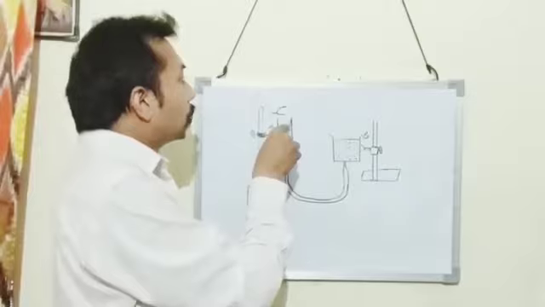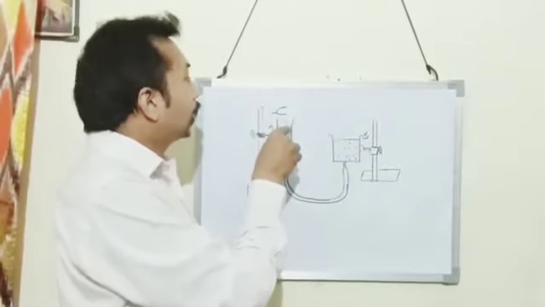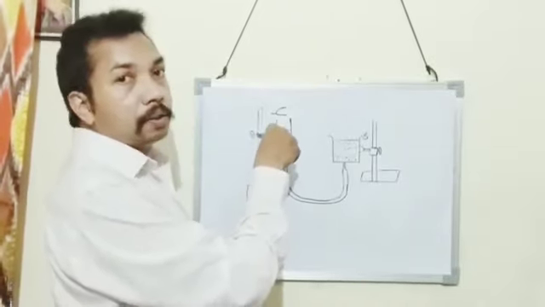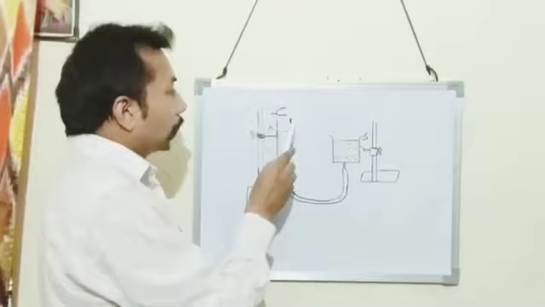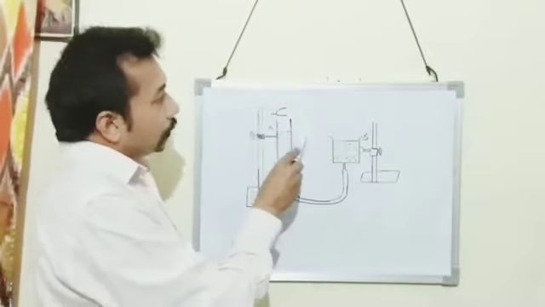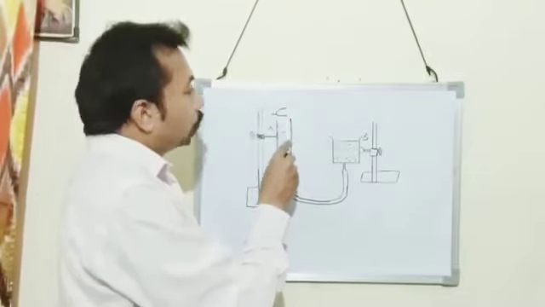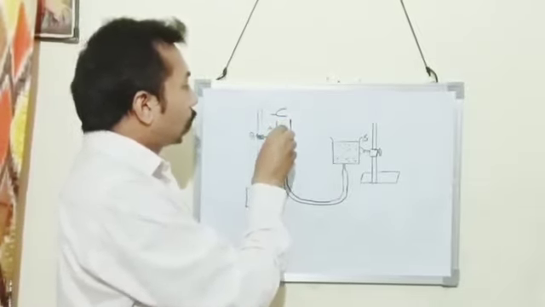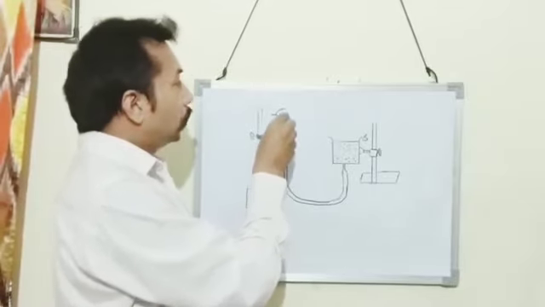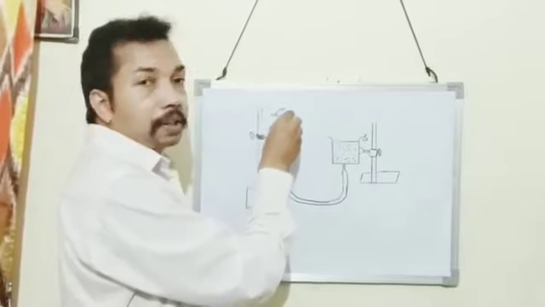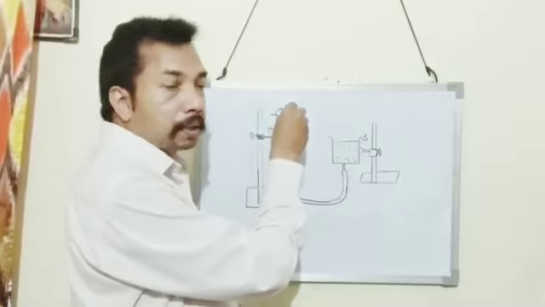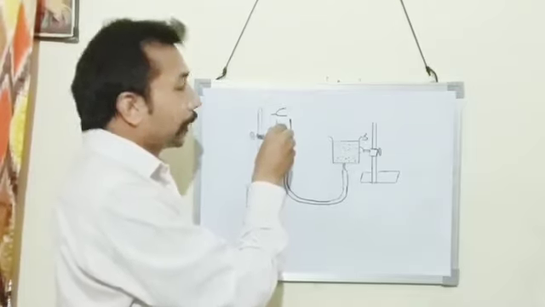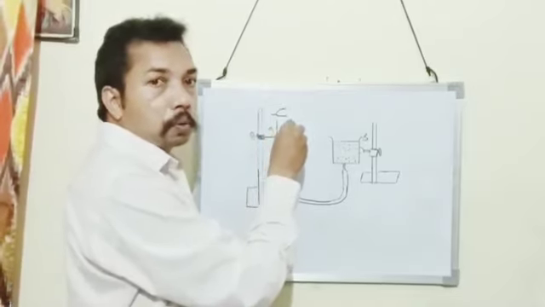And a vibrating tuning fork is kept at the mouth of the tube A. So this is the experimental setup. First we make a certain height of the air column above the water column in the tube A, and we keep a vibrating tuning fork at the mouth of the tube A. Then due to the forced vibration produced in the air column, a sound is produced.